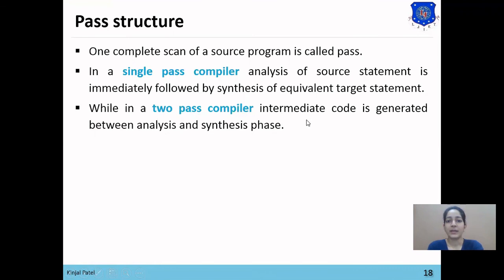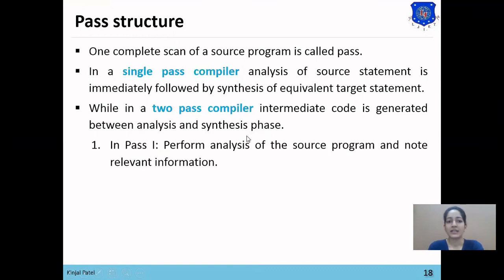In a 2-pass compiler, intermediate code is generated between the analysis and synthesis phases. Means the output of the analysis phase will be stored as intermediate code and that intermediate code will be passed to the synthesis phase. So it performs the compilation in 2 passes: it performs analysis of the source program and notes the relevant information.